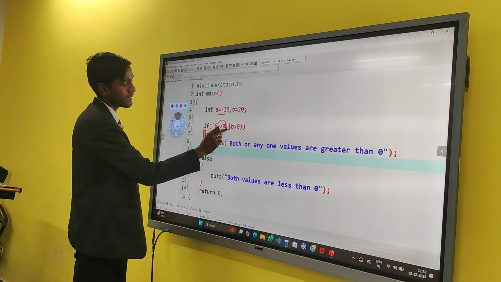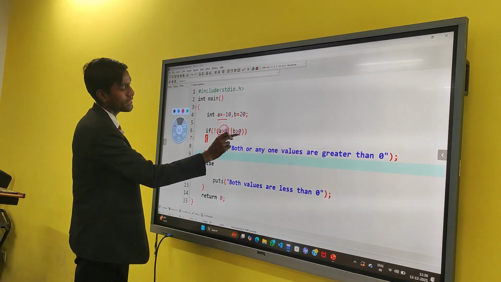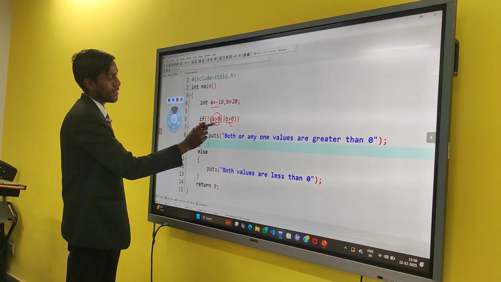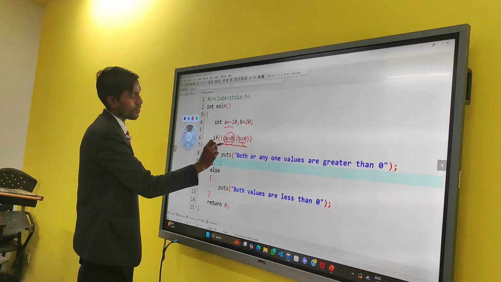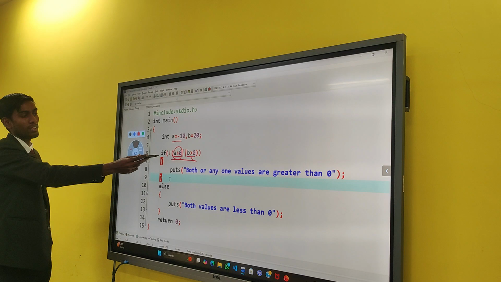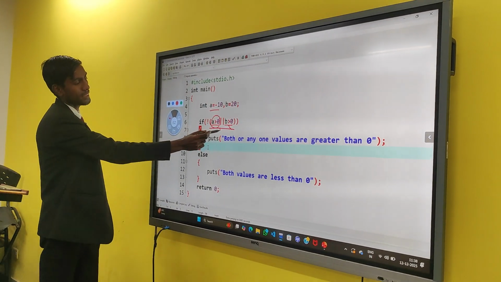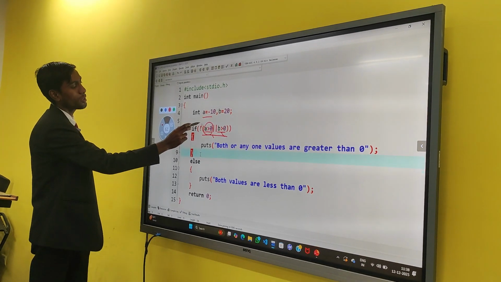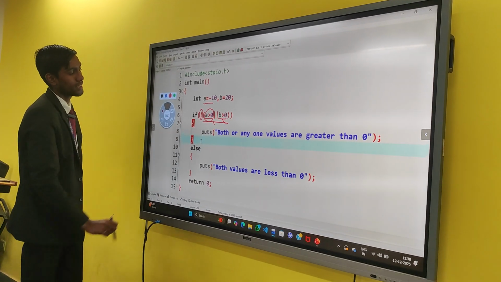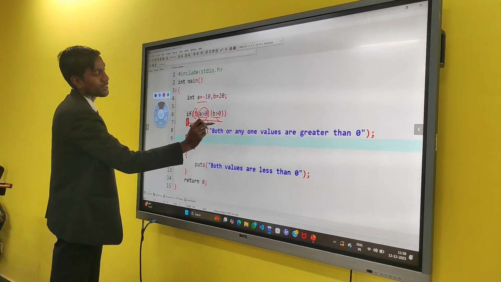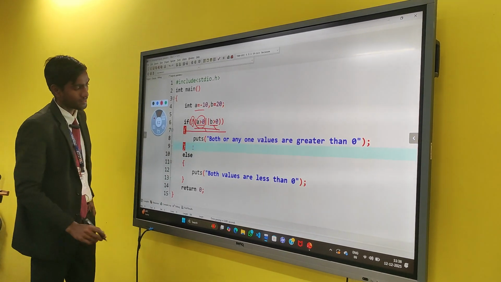But the next condition, b is greater than 0, is true. The combined condition would become true, but here the logical NOT operator is included in my condition. That's why my overall condition becomes false.